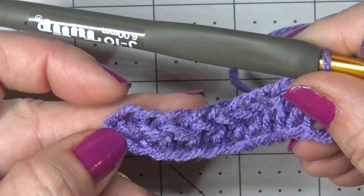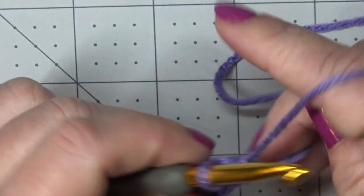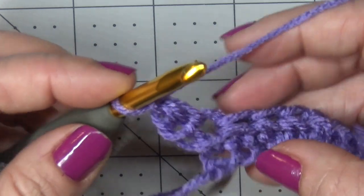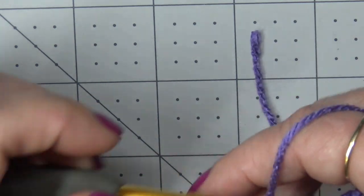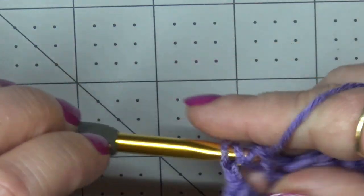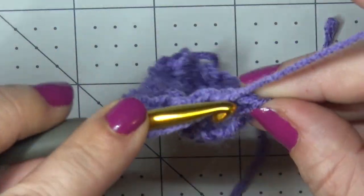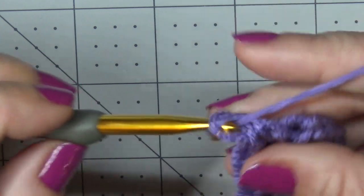Now we have a total of 3 setup rows, and then we'll move on to our repeat row. So this is our first setup row. Then we're going to chain 1 and turn our work. Half double crochet into the first stitch. Chain 1, skip 1, half double crochet into the next. Chain 1, skip 1, half double crochet. Do that to the end and you should be ending on a half double crochet. Okay, and here we are up to our last half double crochet. Chain 1 and turn your